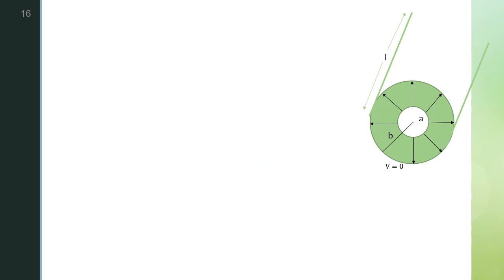Next, we'll apply the boundary conditions to find the total charge. So we know D_N is equal to rho s. So the charge density is found by the magnitude of the normal component of flux density. So when you take the magnitude, you will get epsilon V0 by rho ln B by A. This is the surface charge density.